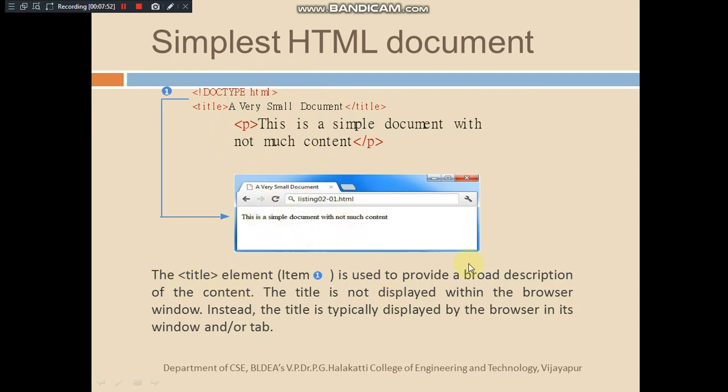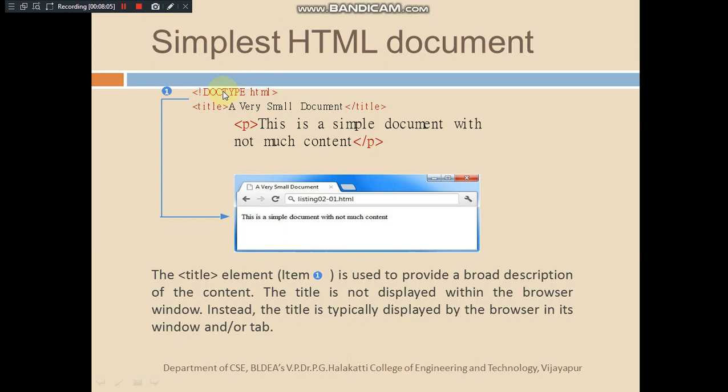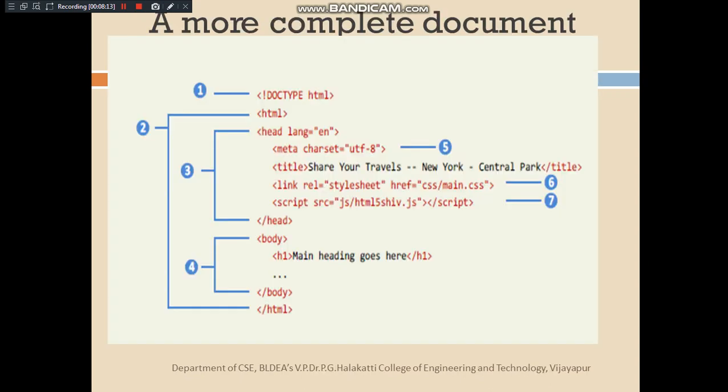The title element is used to provide a broad description of the content which appears in the browser. You can observe the output also here. So this is the simplest HTML document. One thing I would like to say here is that doctype HTML is important in the case of HTML5, to indicate to the browser that you are going to use HTML5.